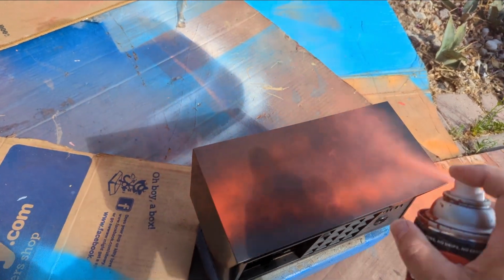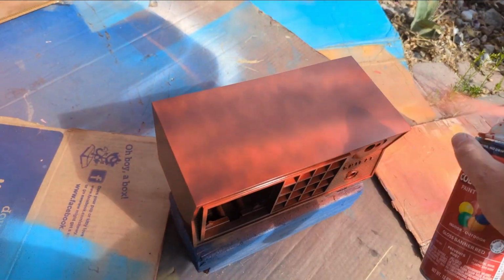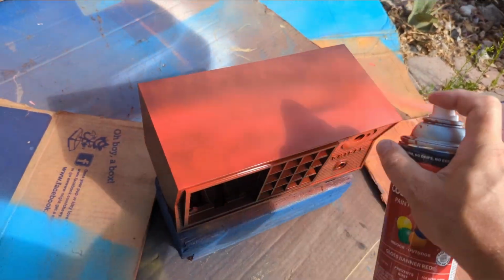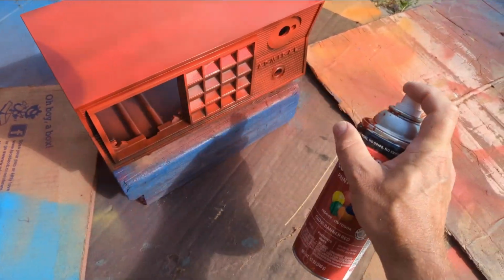So what you do is just nice, even, sweeping coats. You don't want to stay in anywhere particular or hover, because then you'll get runs, and no one likes runs,